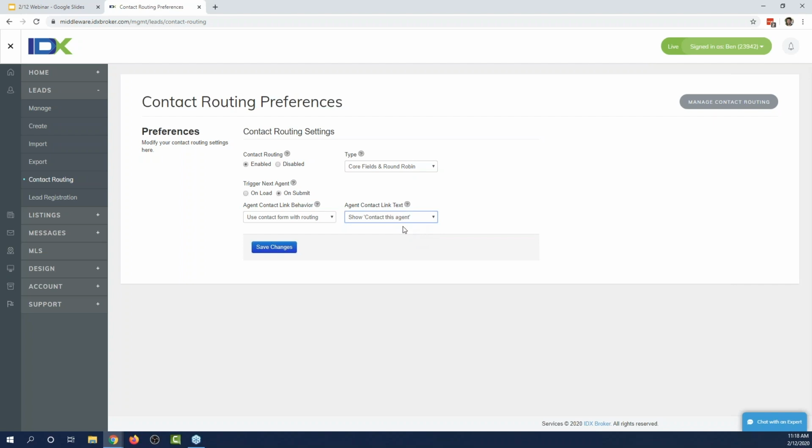It's just not putting the agent's email address out there in the open. So totally up to you if you want to do that. And then let me just show you an example of how we would set up contact routing with core fields and round robin. So if you want to do that, well, first let me make sure that these changes